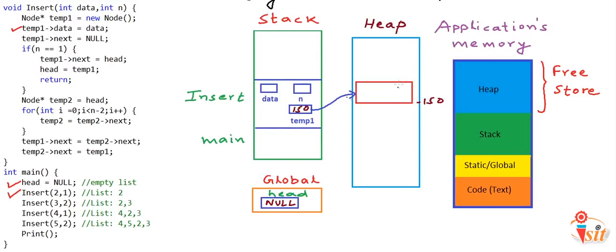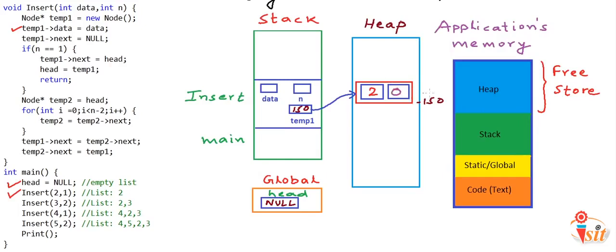When we request some memory to store something on the heap using new or malloc, we do not get a variable name, and the only way to access it is through a pointer variable. So this pointer variable is the remote control here, kind of. So here when we say temp1.data is equal to this much, through this pointer, which is our remote, we are going and writing this value 2 here, and then we are saying temp1.next equal null. So null is nothing but address 0, so we are writing address 0 here.